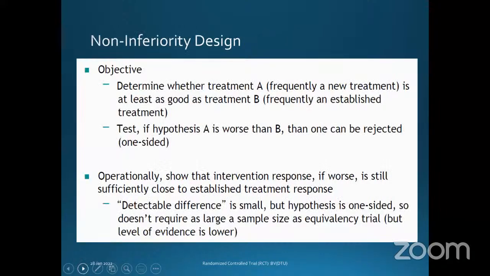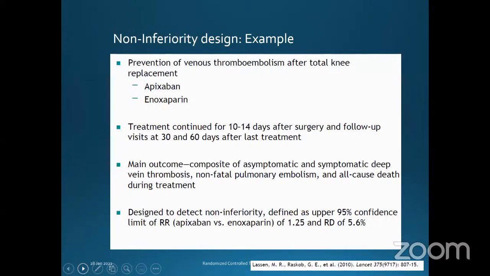And non-inferiority design is to determine whether treatment A, frequently a new treatment, is at least as good as treatment B. Test if hypothesis A is worse than B, then it can be rejected, that is one-sided. So operationally, the intervention response, if worse, is still sufficiently close to the established treatment response. So the detectable difference is small, but the hypothesis is one-sided, so it doesn't require a large sample size as an equivalency trial. That's why non-inferiority trials are favored, non-inferiority design, as we can see in the example which